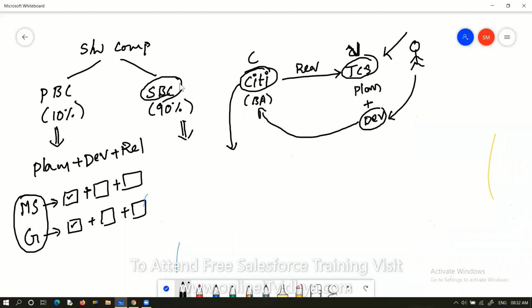And most of the jobs, 90% of jobs, are available in the service-based companies. And if you are a fresher, you mostly have to start your career with a service-based company. There is no compulsion that you must start with one. You can even start with product-based, but it's highly recommended to start with a service-based company so that you can learn more subjects and gain more knowledge in less time.